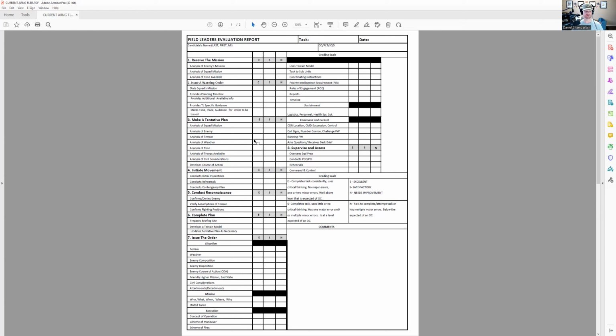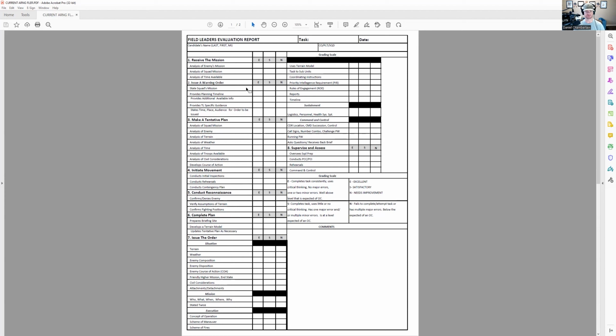Because the fact of the matter is we're supposed to determine whether you become a lieutenant or not. So they came out with this very objective form. There's still some objectivity left in it. But primarily, it's pretty straightforward. So if we go to warning order, and we're going to talk about some initiate movement as well, but in warning order, okay, this is where we start identifying if the WARNO I gave you earlier checks all the boxes.